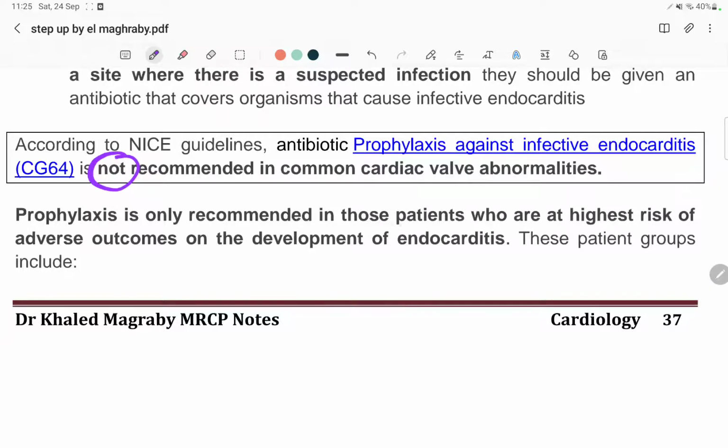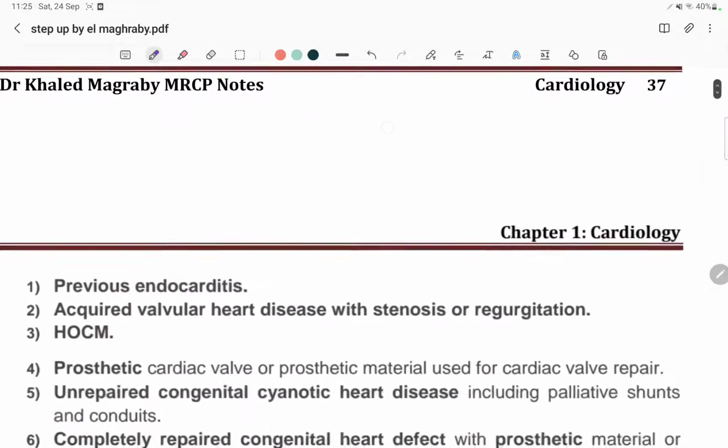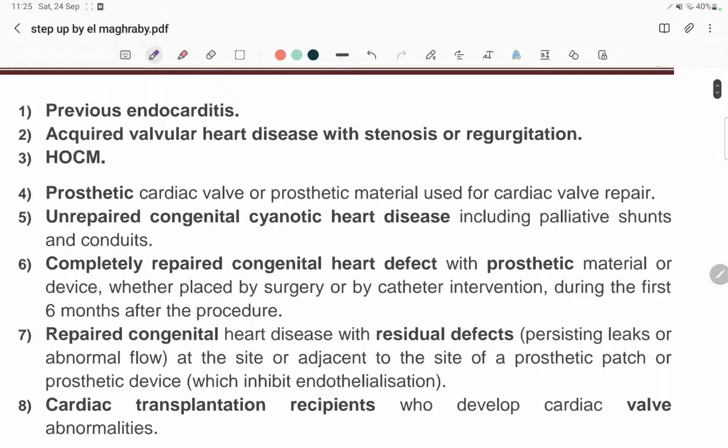Prophylaxis is only recommended in those patients who are at highest risk of adverse outcomes in the development of endocarditis. These patient groups include, so prophylaxis should be given to these patients, like if he had a previous endocarditis, acquired valvular heart disease, stenosis, HOCM, prosthetic cardiac valve, prosthetic material used for cardiac valve repair, unrepaired congenital cyanotic heart diseases including palliative shunts and conduits, completely repaired congenital heart defects with prosthetic material or device whether placed by surgery or